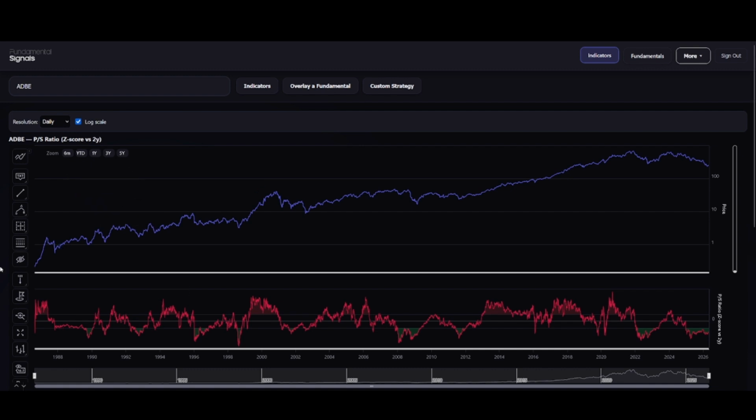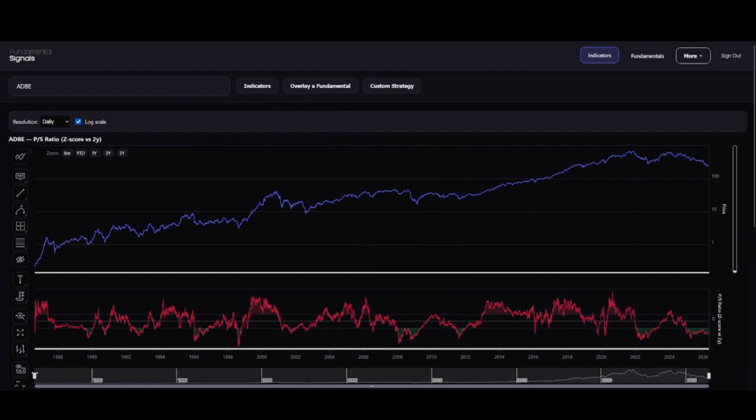Looking at this chart, there's no need for me to explain. When this P/S ratio versus 2-year average goes below -1 standard deviation, that's when you have these dips in price. That's when you have a pullback, and then after that you have a move up, back, up, back here, up again. Down here, some stocks stay there for a while, but eventually you have this move up. And so on, like here, going down, back up.